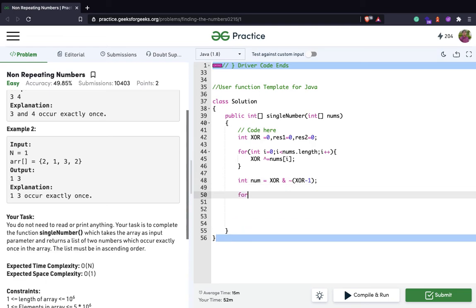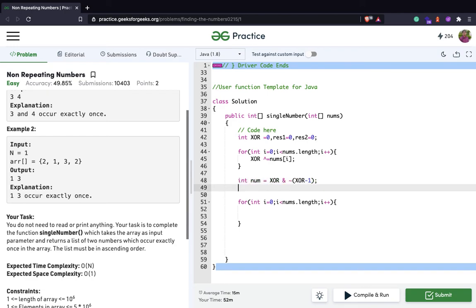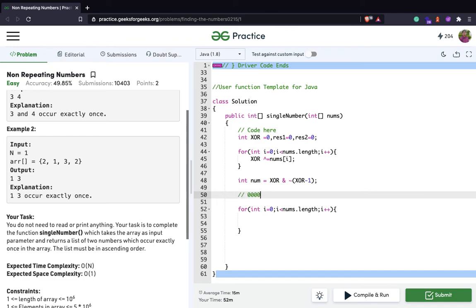Now we need to find a group of numbers which have 0 in that position. For example, if we get 0 0 0 1 0 0, we need to find the numbers from the original array which have 0 in this position or 1 in this position.